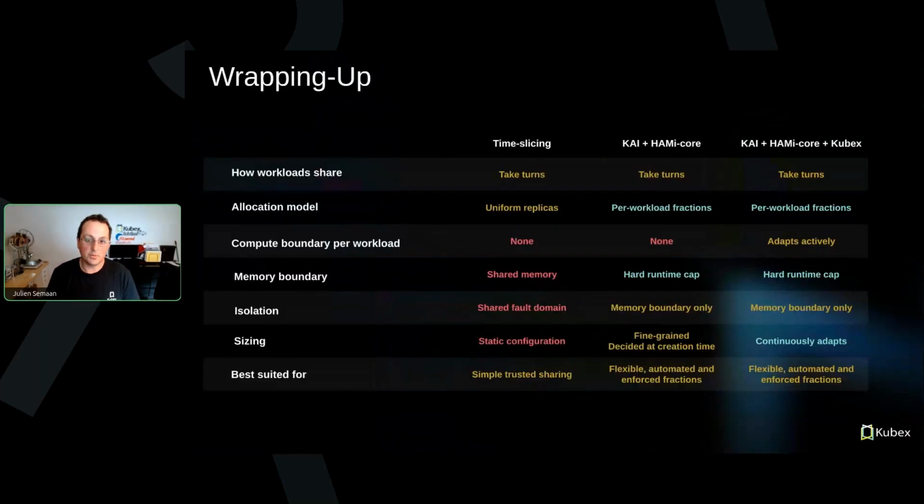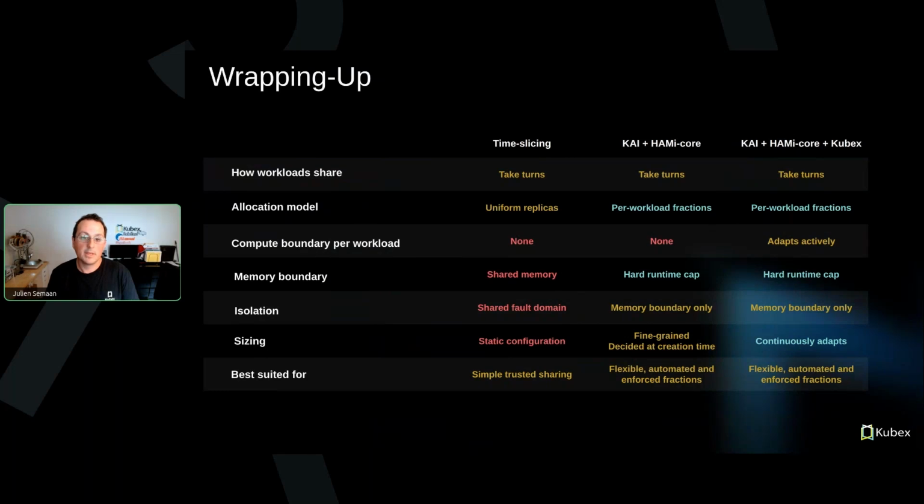Here's our final capability blueprint that shows what vanilla time slicing with NVIDIA gives us in Kubernetes and what we can get by adding Kai, HAMi core, and the Kubex solution into the mix. So we haven't reached a perfect solution that fits all use cases, but we've overcome multiple time slicing limitations, including getting flexible Kubernetes native scheduling using Kai, a hard memory runtime cap for our workloads by using HAMi core, per workload resource usage visibility using the Kubex GPU exporter, and then active adaptation for sizing GPU fractions and ensuring fairness